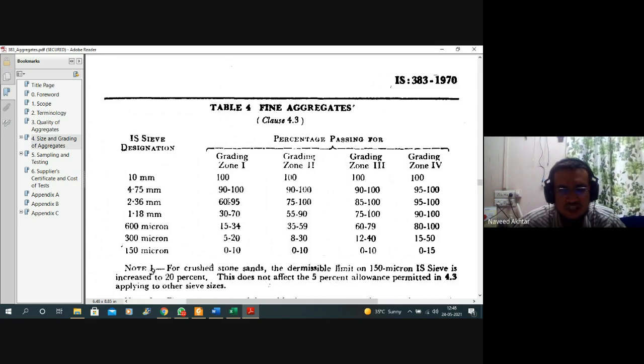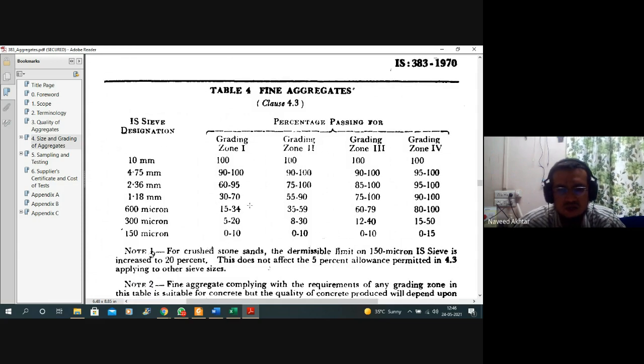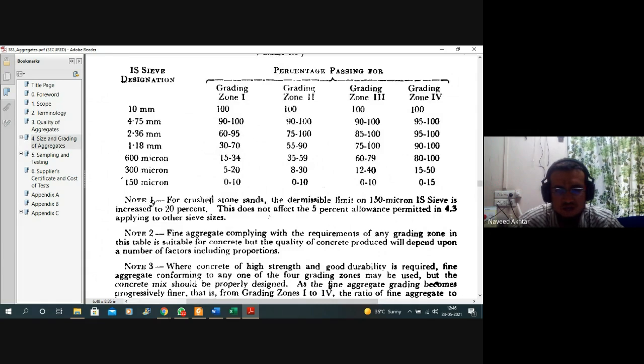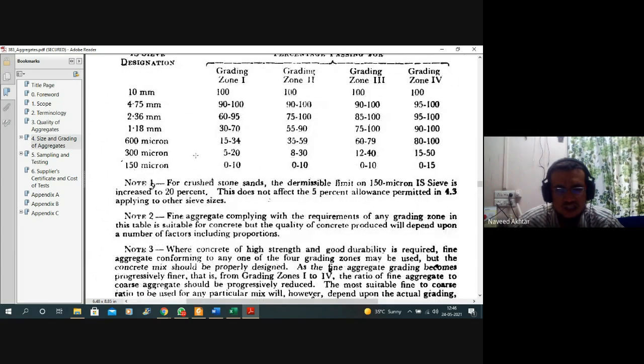So this is the passing percentage given as per the grading zone. Okay, so these are the grading zones: grading zone 1, grading zone 2, grading zone 3, and grading zone 4. So likewise 4 zones are divided in fine aggregate. तो आप इस तरह आपको मालूम mostly the 600 micron value, this percentage decides the zone of your sand.